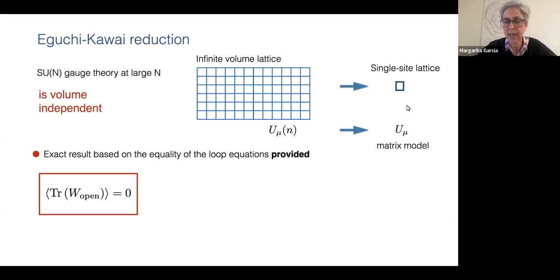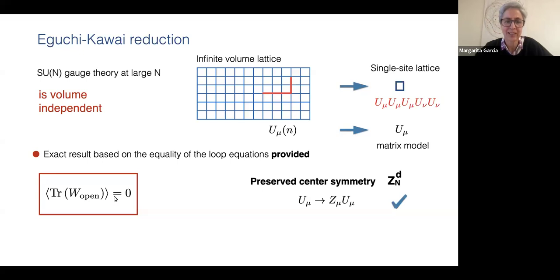So what is an open Wilson line? These are open Wilson lines, sorry, in the original lattice, for instance, something like this, okay? These lines in the original lattice, due to gauge invariance, average to 0, have an expectation value that is 0. But in the reduced lattices this is not the case, because due to the periodic boundary conditions, any of these lines is closed on the reduced lattice. They are computed in terms of these matrices in this way, and in principle they don't necessarily have to average to 0.